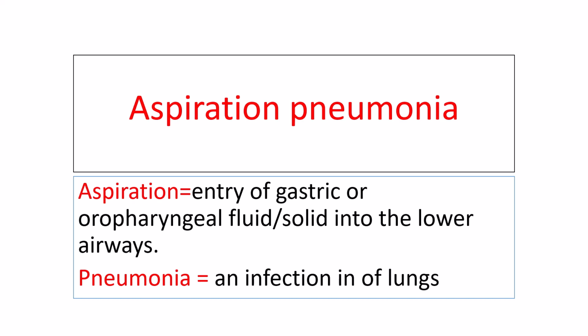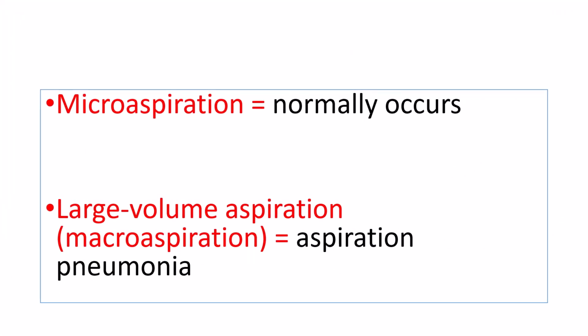Aspiration pneumonia is an infection caused by specific microorganisms. Aspiration of small amounts of oropharyngeal secretions is normal in healthy persons during sleep, yet microaspiration is also the major pathogenetic mechanism of most pneumonias. Large volume aspiration, which is also called macroaspiration, of colonized oropharyngeal or upper gastrointestinal contents is essential for aspiration pneumonia to occur, and it is part of a continuum that also includes community and hospital-acquired pneumonias. Aspiration pneumonia accounts for 5 to 15% of cases of community-acquired pneumonia.